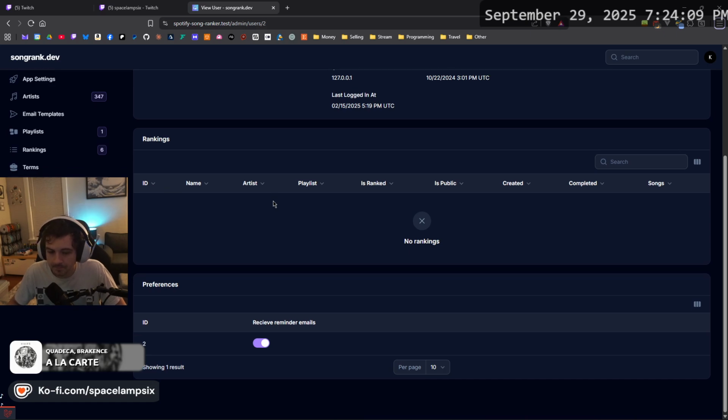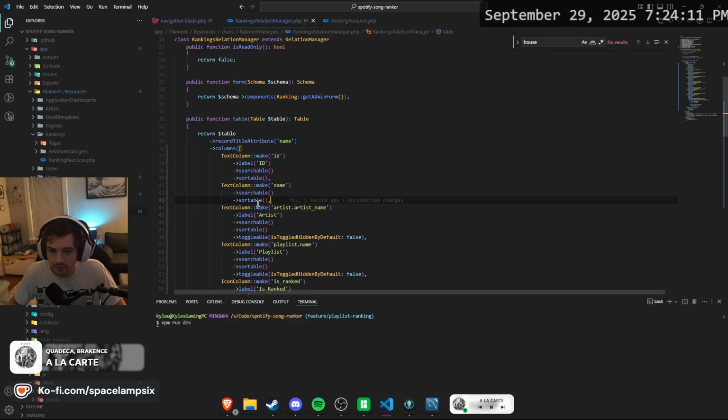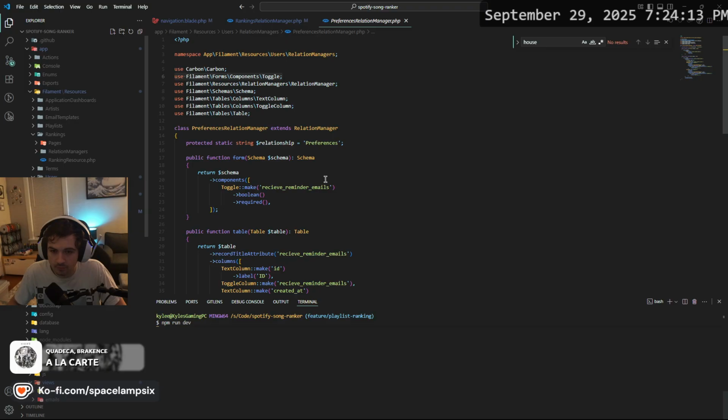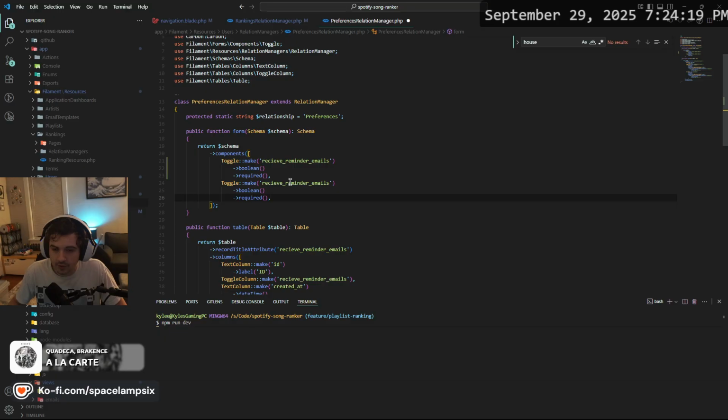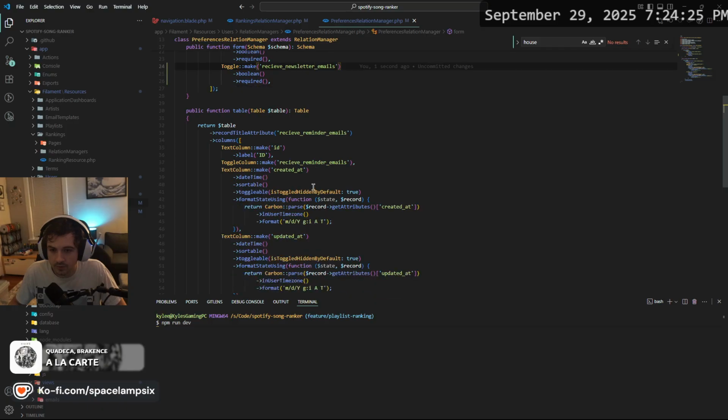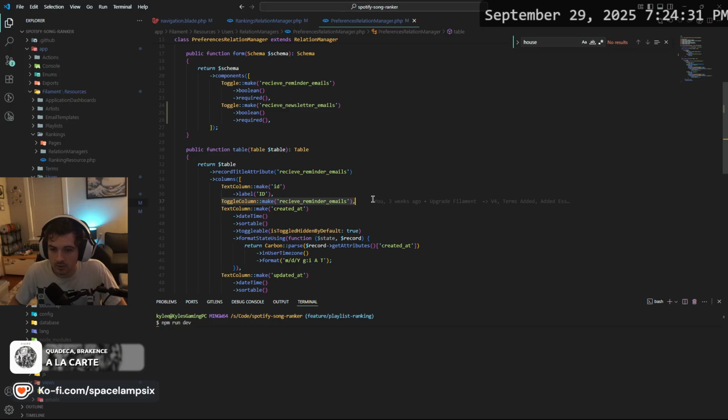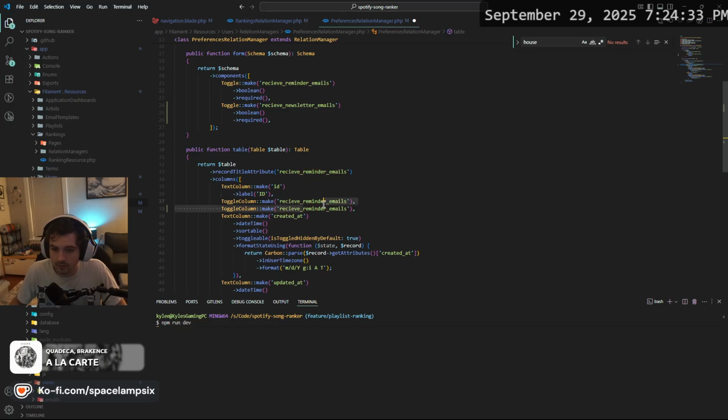But in their preferences relation manager is the one I really want to change. I have to add a toggle. And this toggle is for receive newsletter emails. And then in the table, we'll need a toggle column for receive newsletter emails.